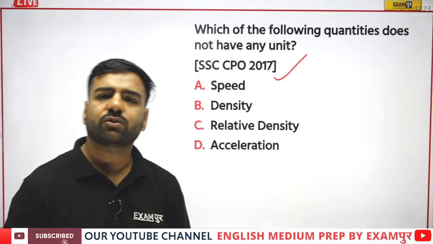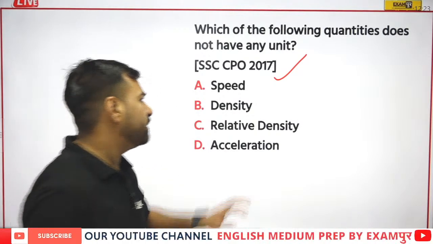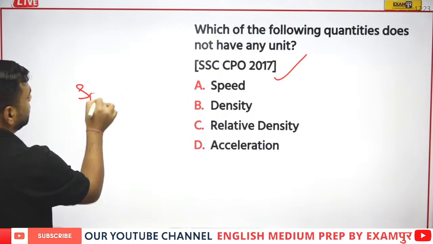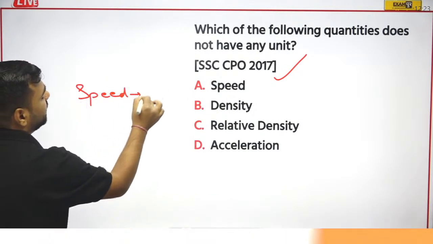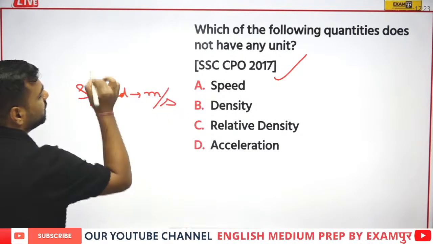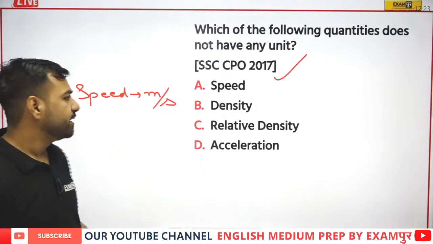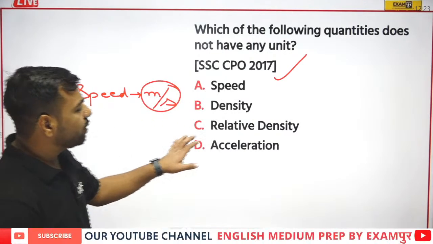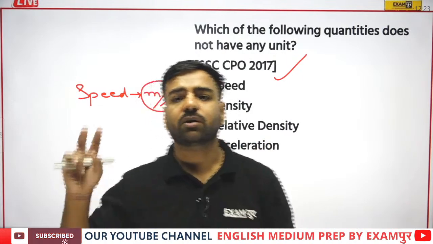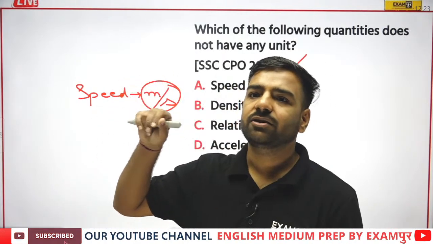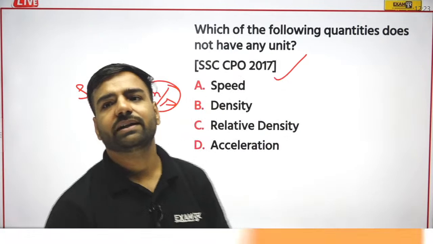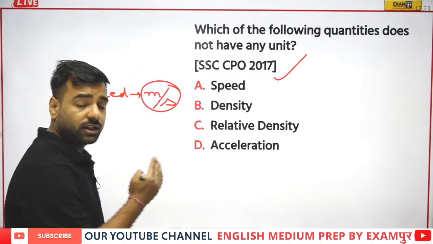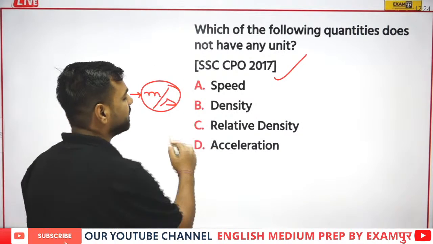I guess I am getting your comments quite later. So if I am talking about the unit, see what we say. If I talk about speed, speed means what? Speed means we are talking about distance upon time, right? So it is meter per second, that is unit is there. But if I talk about relative density, that is we are talking about two of the densities, right? So here, yeah, that's true, one. Great, awesome. So yes, if I talk about the quantity which is not having unit, that would be relative density,